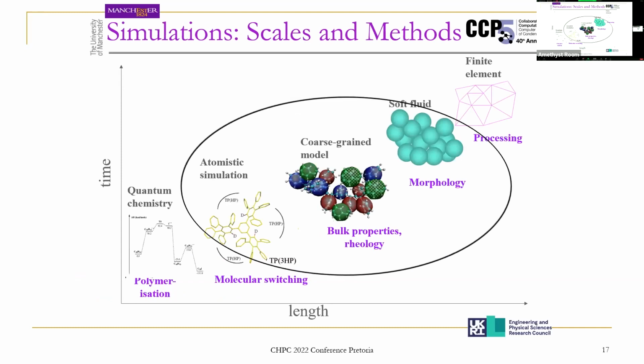So if I have time, I'll just go a bit in details about what this CCP5 is, what molecular modeling is. So when you try to model a chemical system, you can decide to model it at different degrees of details. So you probably all know atoms are surrounded by electrons. So if you want to model a system, you can actually take into account all the electronic structure of each of the atoms, and you can perform what are called quantum chemical calculation or electronic structure calculation. In order to do that, you have to solve a very complicated equation, which is called the Schrödinger equation.